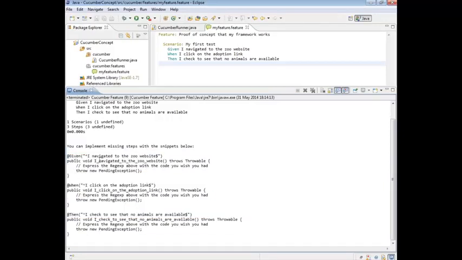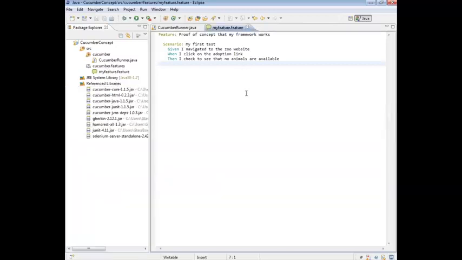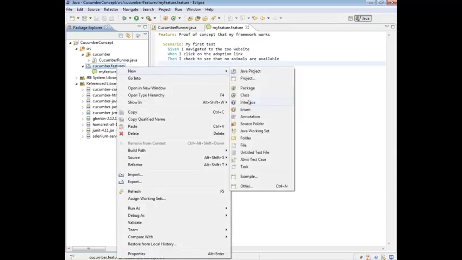So notice for the given steps, it knows it's a given. For the when, and same for the then, again it knows. So it kind of does a little bit of handling for us. So we're just going to copy these, so we've got them in our computer memory. And now we're going to create a new step definitions class in the features package. So right click, new class,